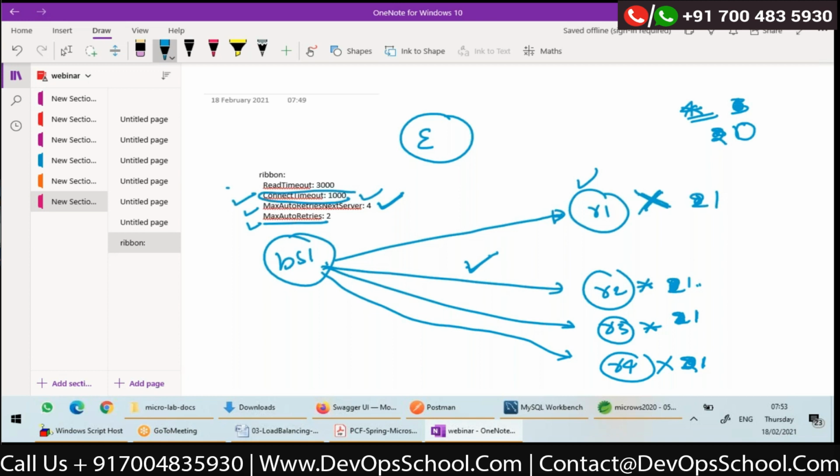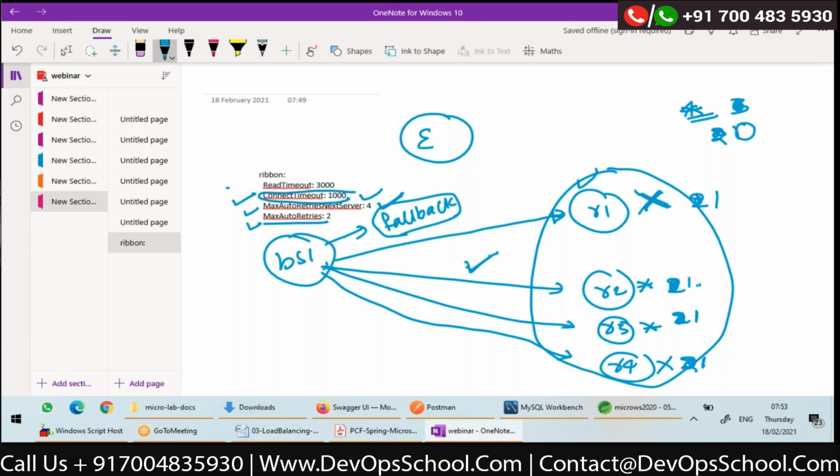So don't worry, in that case, we have to execute a fallback on booking service. A booking service should not fail because routing service is down, right? So in that case, a fallback has to be executed. I'll show you how to configure that fallback later. This is how retries can be configured. Okay, any doubts till now?